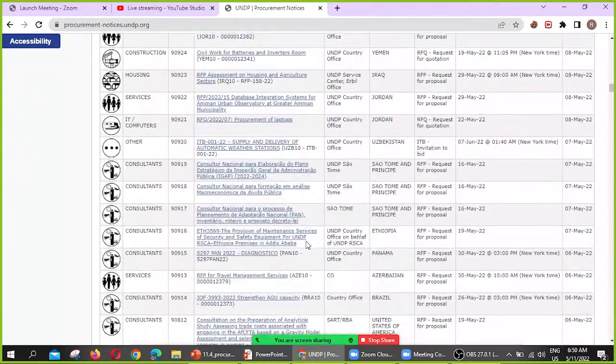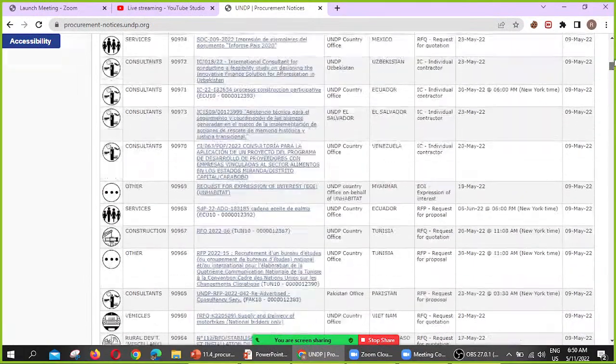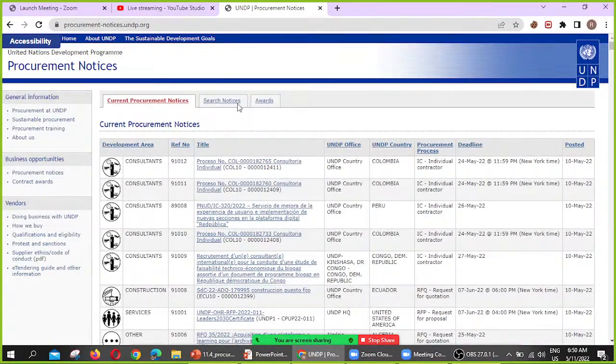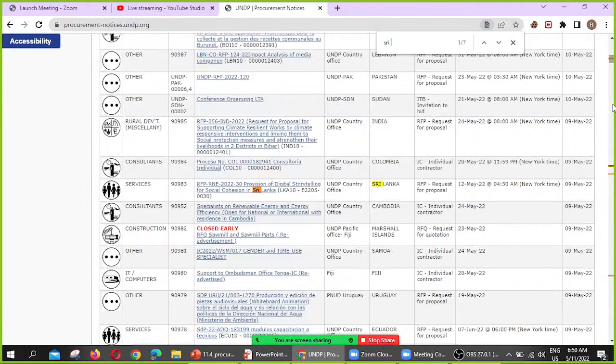They have advertised so many bids and tender notices. For example, I click one. You see Sri Lanka. Yes, Sri Lanka recently called.